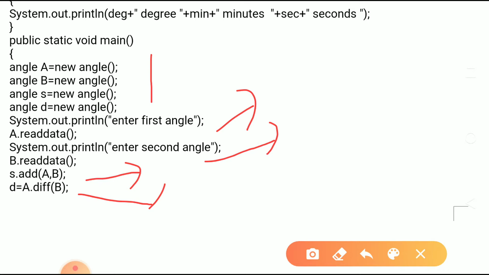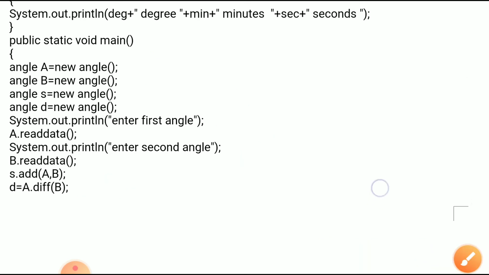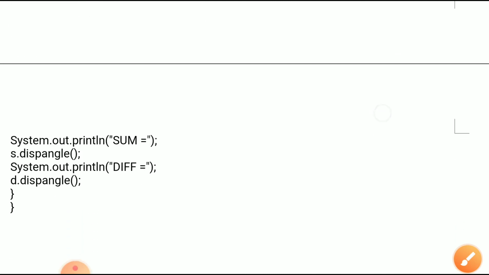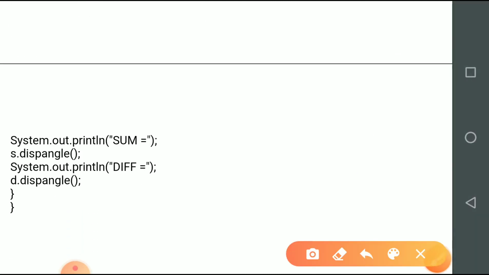So two objects have been made available to the function difference. Then it will return t, and the temporary object will get stored into the object D. Now S and D will hold the sum and difference. Then we will call the display function to display the angles with the object S for the sum, with the object D for the difference of the angles.